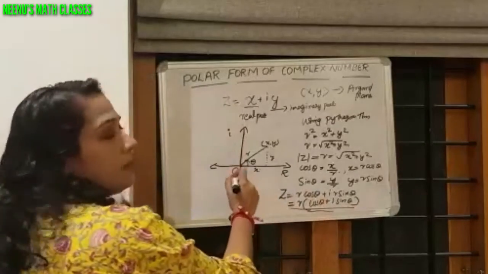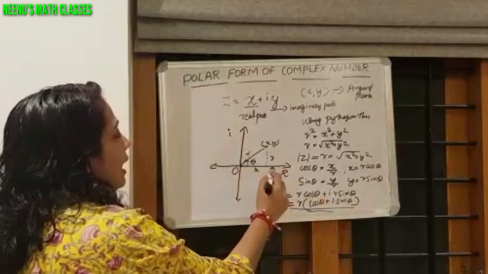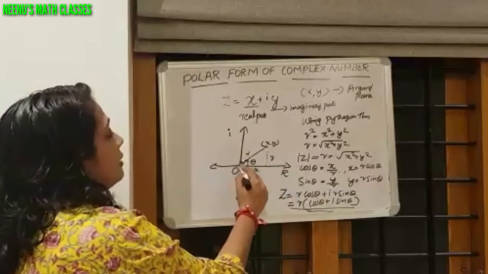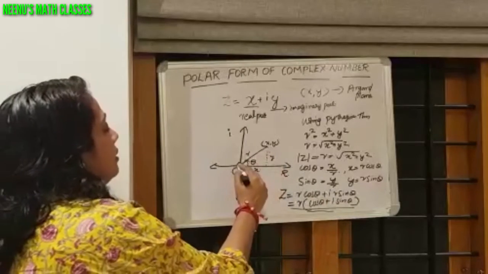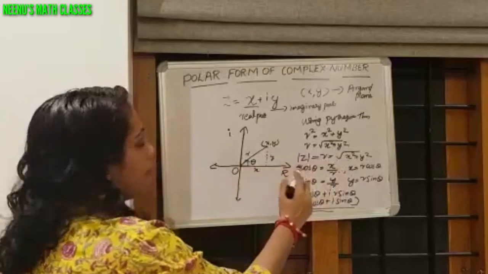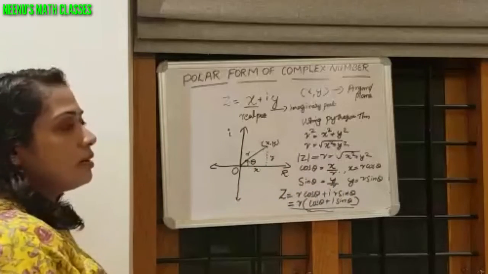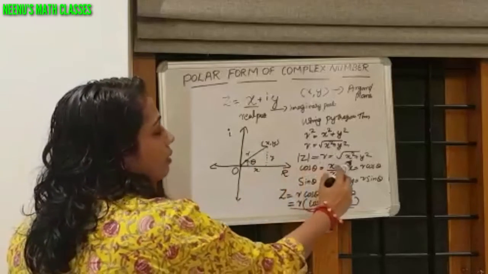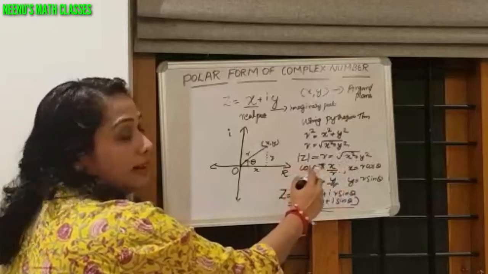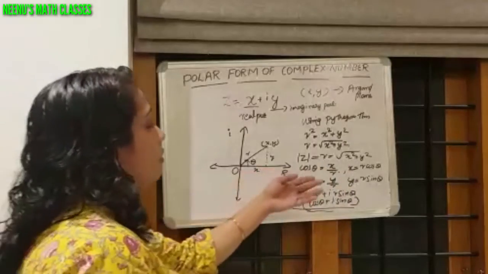How do we get this? I will explain again. This is the imaginary axis and this is the real axis. This is the angle made by the real axis with this vector. This r is the modulus of the complex number, this distance. Again we use the Pythagoras theorem. We get modulus r equal to the square root of x square plus y square, the modulus of z. Also using trigonometric ratios, cos theta equals x by r.